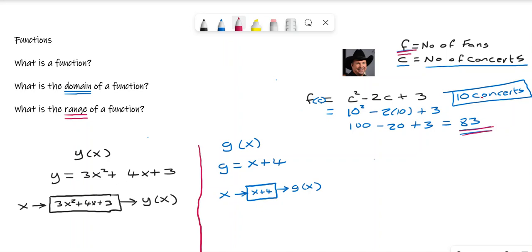But if we put in a number of domain values, okay, we change these domain values, we get out a number of range values. So it's the value that you get out. So let's look at some more examples of